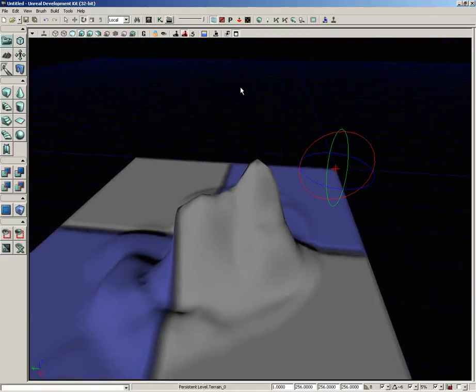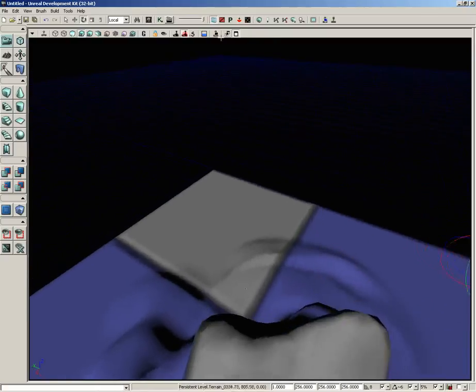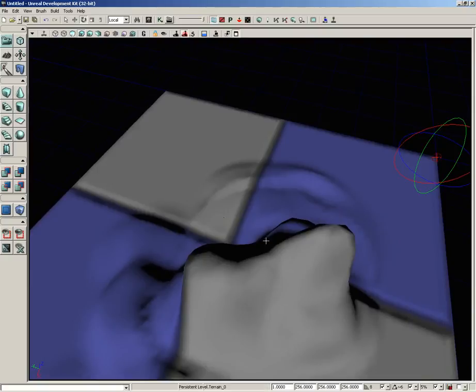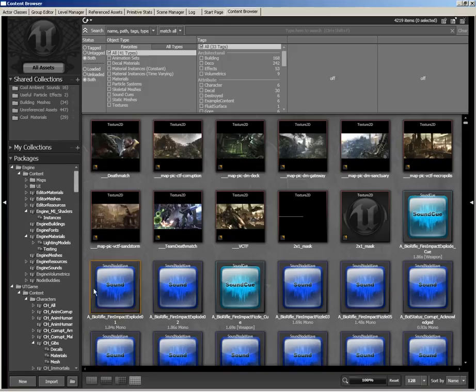So the question is really, would you like this to pop in or actually have some morphing involved? If the popping becomes really apparent as you're flying maybe around in a Cicada or something like that, you may want to take a look at morphing your terrain. Now, so far, that's a look at just changing our elevation, but currently at the moment, our terrain looks really boring. So over here inside the content browser,